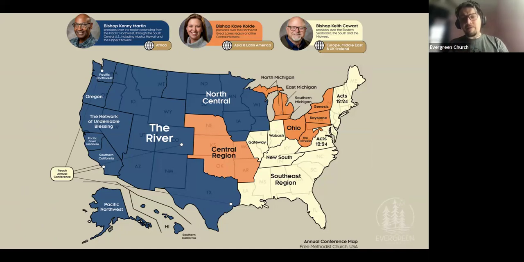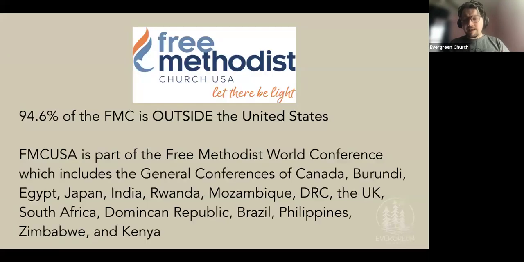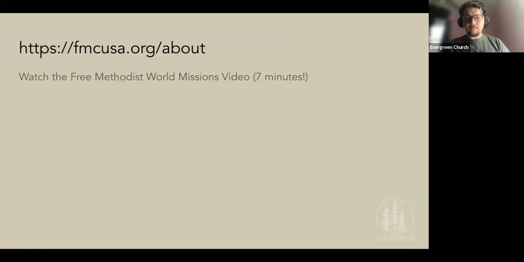The work that's happening in Africa, Asia, Europe, and all the rest of the world, the goal is that we're raising up slowly. Just as Evergreen went through a development process of being a church plant to a church fellowship to a church society, the international work goes through a process towards self-sustainability as well. If you go to the Free Methodist Church website, fmcusa.org, and you click the About tab, there's